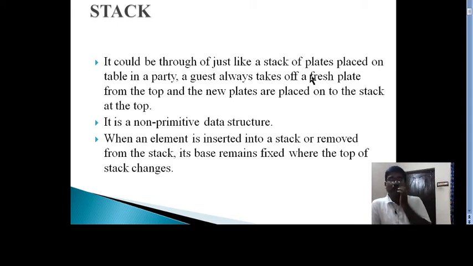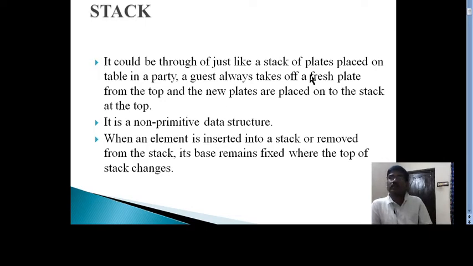Now, when an element is inserted into the stack or removed from the stack, as I told you, the top will change. If you are inserting, the top will grow up, meaning it will move up. When you delete an element from the stack, the top will come down, but the base, the bottom, remains the same.